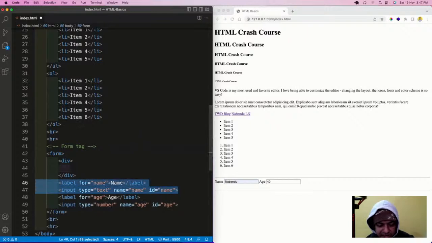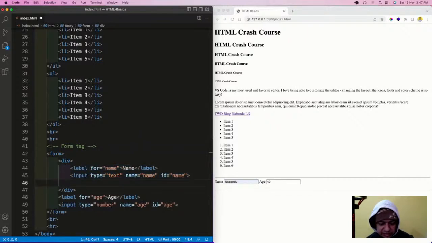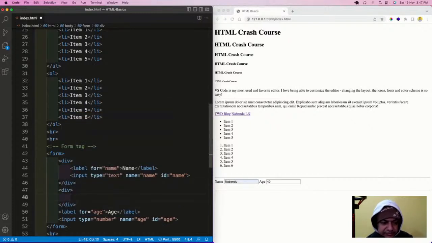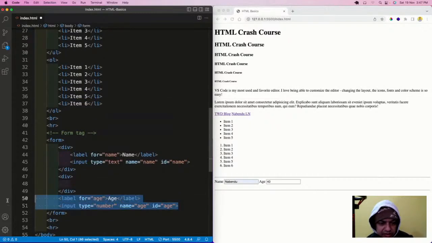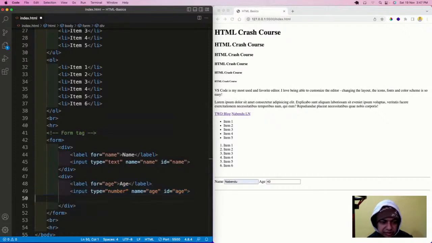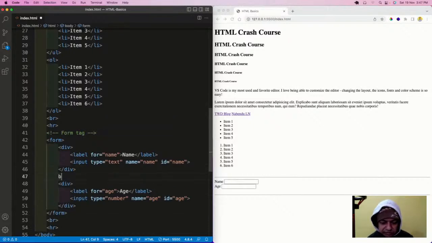I will put this inside this div like this, and then I'll have another div like this, and put the label here, cut it and save it. So it will come one after another, because div is a block level element. Then I will also have a BR because it is still very close. So I'll have BR and it will look nice. Still it is ugly, because the beautification is done through CSS only.